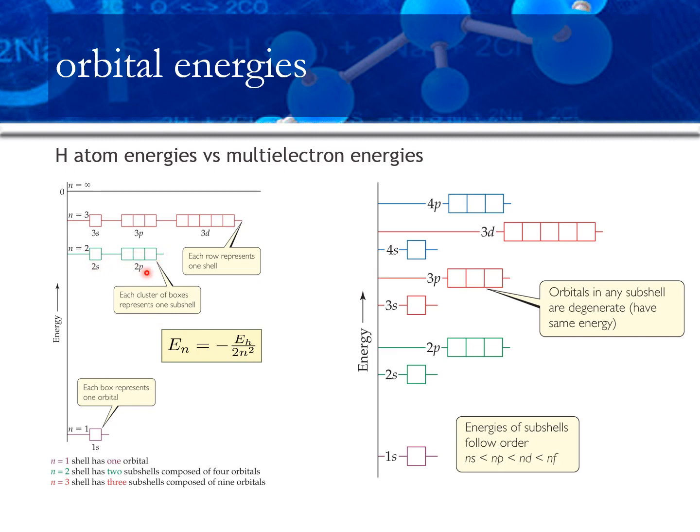So the 2s and the 2p have the same energy because that l value that determines s versus p does not play a role in the energy equation. Likewise, all of the n equals 3 orbitals are degenerate. They all have the same energy. Doesn't matter if it's 3s, 3p, or 3d. All the same energy because there's no l in this equation. However, in the case of multi-electron atoms, which is over here,